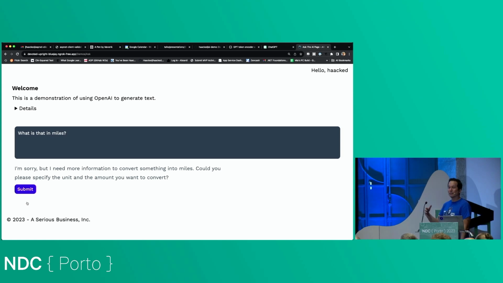So what's happening is when you use GPT on the website, you notice it actually maintains the state. And what it's doing behind the scenes is it's taking your conversation history and sending that entire thing back every single time. So the first time you use the API, you might think the API works that way, but it doesn't. The API doesn't maintain state for you. You have to maintain that state.